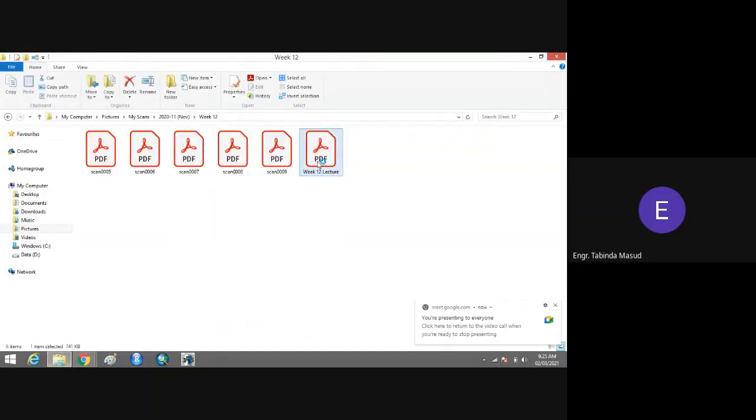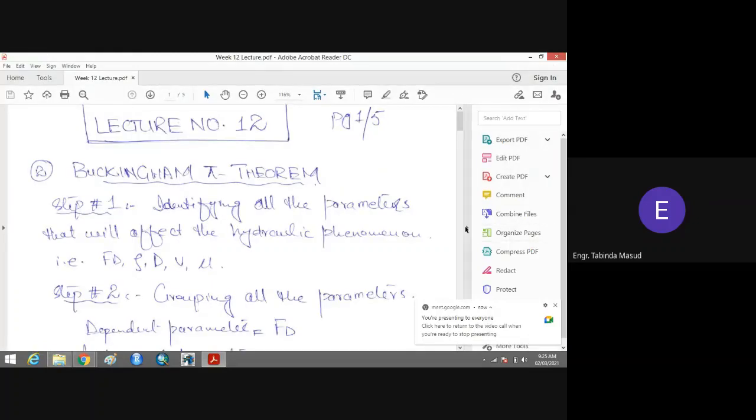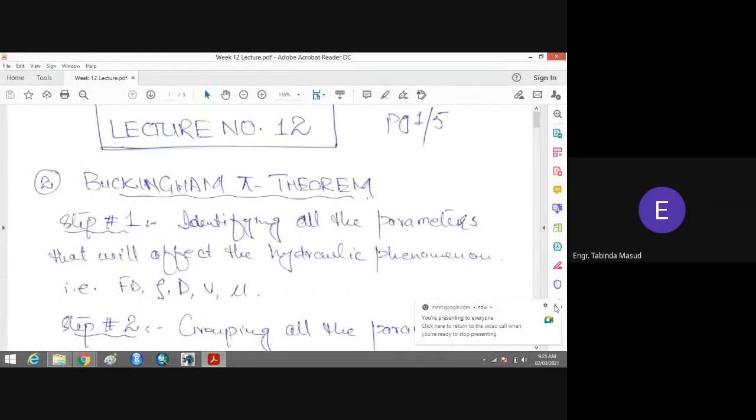So the problem is solved by the Buckingham Pi theorem. The limitation of the Rayleigh procedure is solved by the Buckingham Pi theorem. In the Buckingham Pi theorem, we divide parameters into different groups, and then we have different available equations, and the problem is solved because we do not have the problem that the parameters are greater as compared to the available equations. So we get rid of this problem.